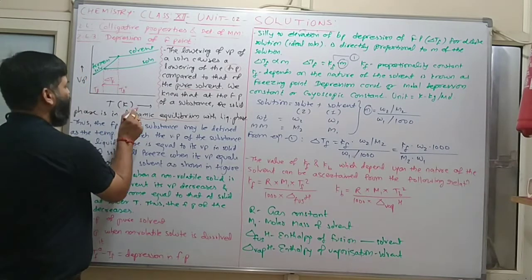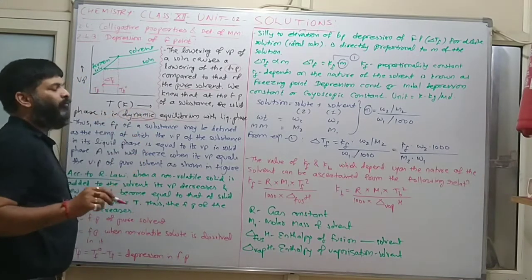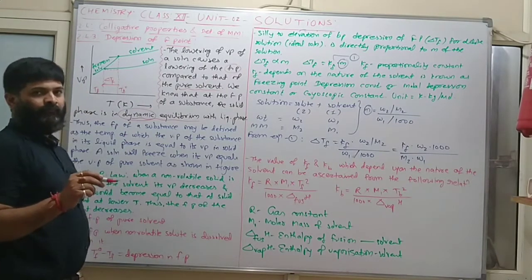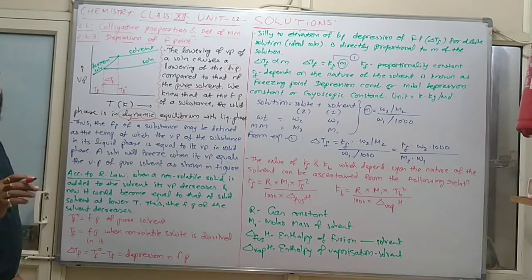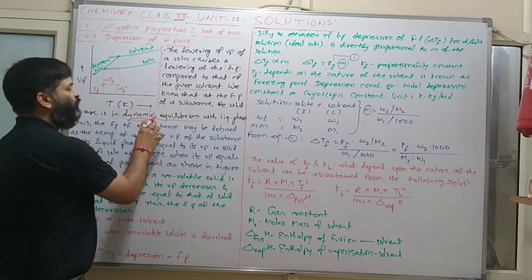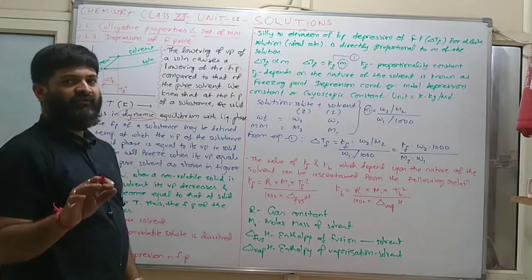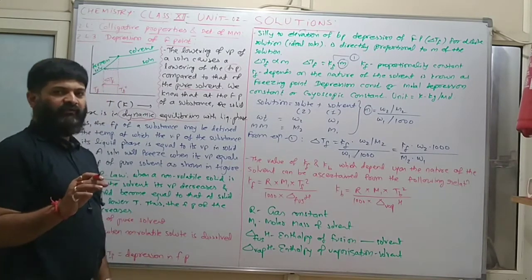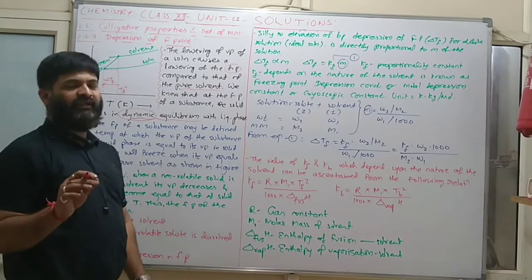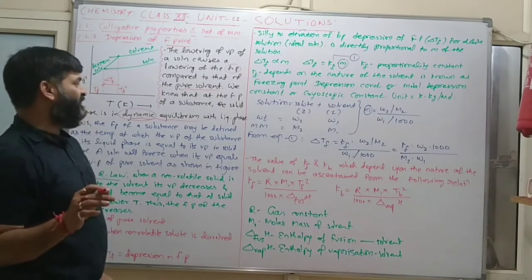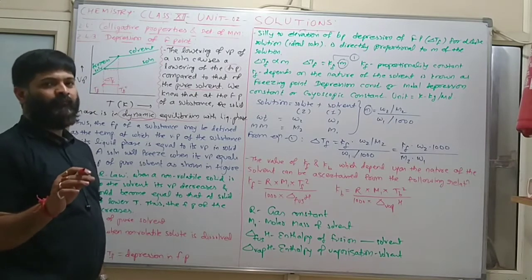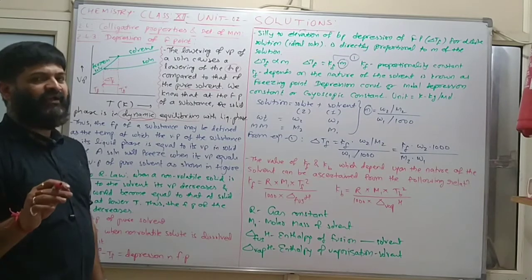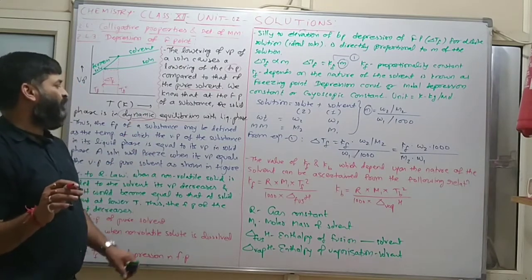So what is dynamic equilibrium? Here the process will always take place in a continuous manner, or in another way, it will never stop. So whenever a process takes place continuously, for example, the decomposition of CaCO3, and second, the emission of radiation from the sun or any radioactive material. So this is dynamic equilibrium.